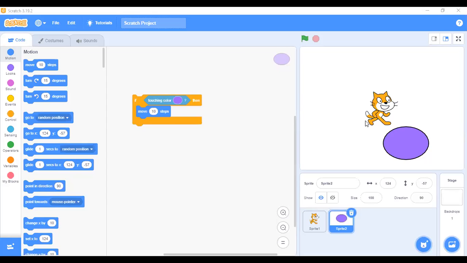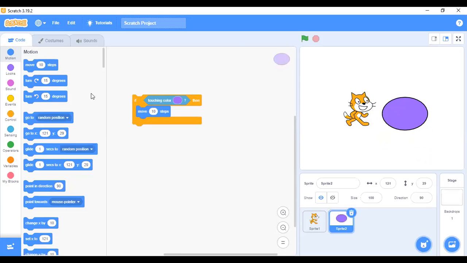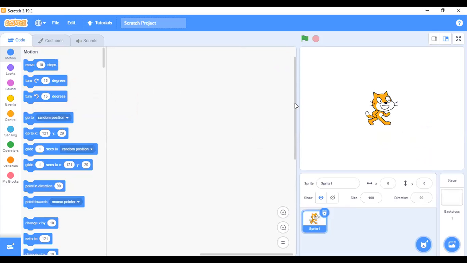So basically, I was trying to do something. That's why you saw this code here. I was trying to do some practice with my Scratch, but let me start a new file like that, not to take your time, so that you can see.